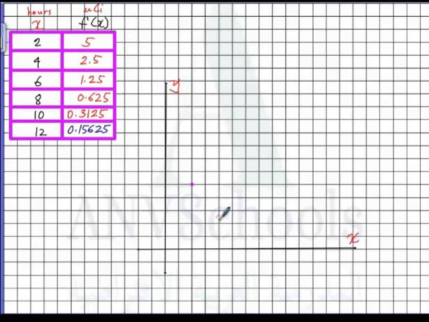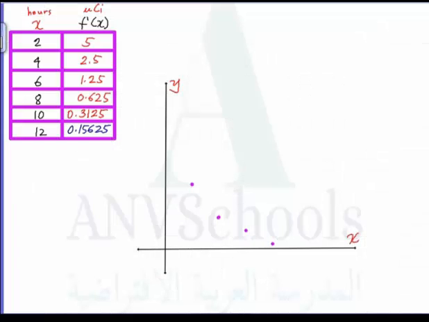So this is 2.5. 6 and 1.25: 5, 6, 6 and 1.25 is here, and 8, 0.625, so 6, 7, 8, 0.625 is somewhere here. Okay, and then we just take the grids out, and now we are ready to form